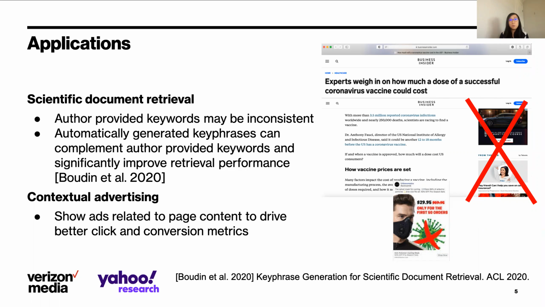Then within Yahoo, we are more interested in the advertising scenario. We are considering this case called contextual advertising. If we are looking at a page on the right about coronavirus, we could eventually show any type of ads on this page. But we find in practice that if we could show an ad that's more related to the content, it will drive better click and conversion from the user and derive better